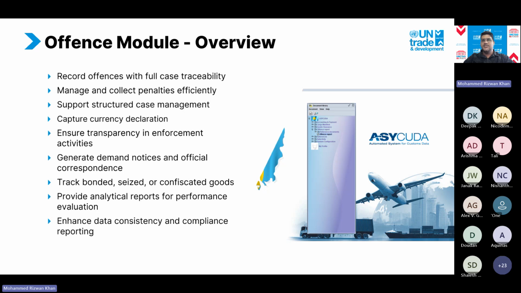It also helps officers track bonded, seized, or confiscated items. This module has the option to state where the seized item is. So if customs are seizing or confiscating any item, you can state where that item is located. At any point in time, you can run reports and say, okay, this particular item is located in bonded warehouse or customs bond 1, and you can do an audit on that and see, yes, the item is still there. If not, then why is it not there? So questions can be asked.